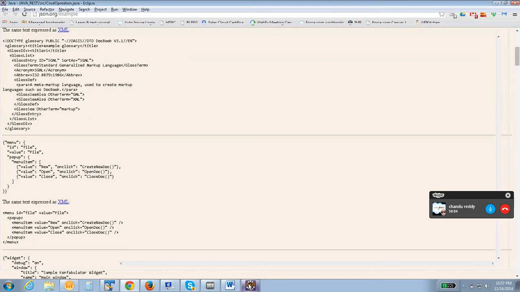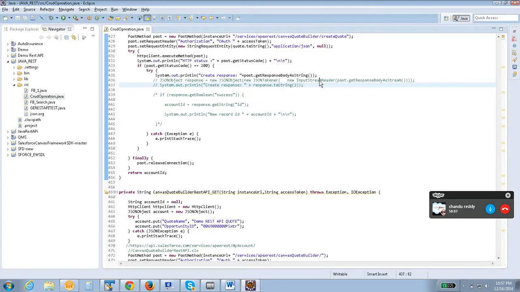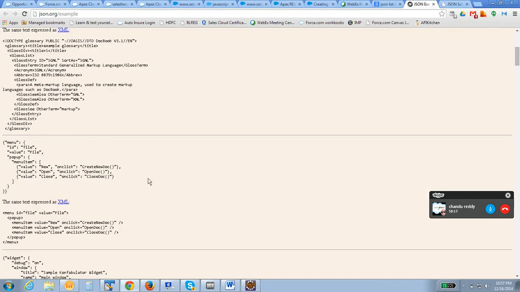This is an entire single object. You got it? This is a single object JSON. If you parse this particular thing, it will come as key and value. The key is this one, the value is this one, key, value, key. The value will be this particular thing. So it will become a list, and you have to iterate that list, right?